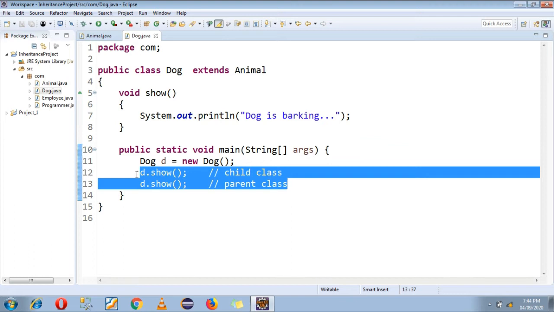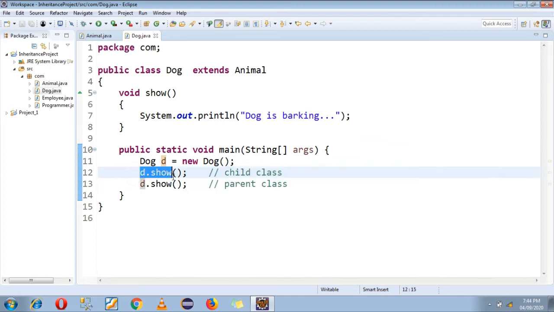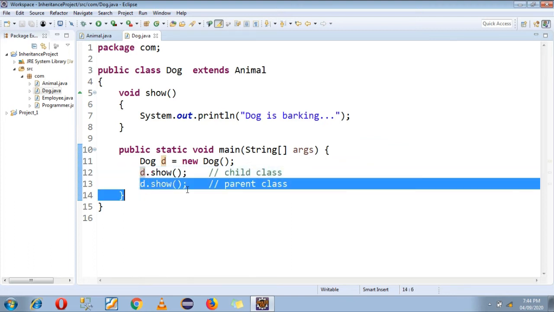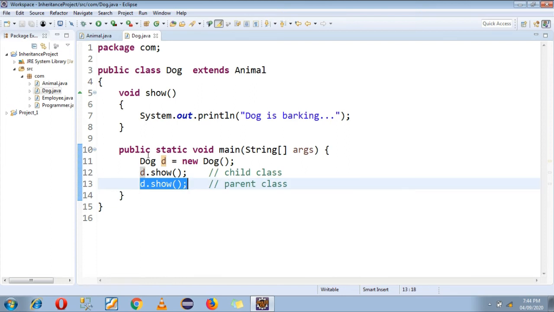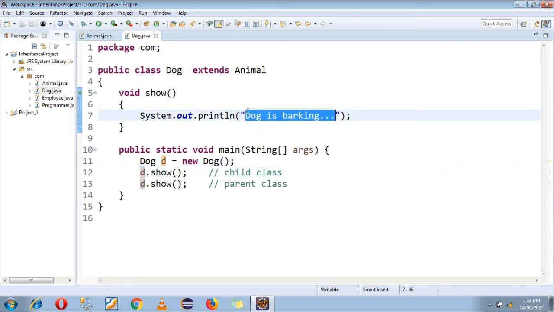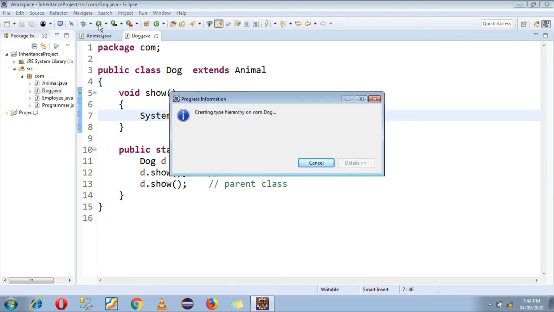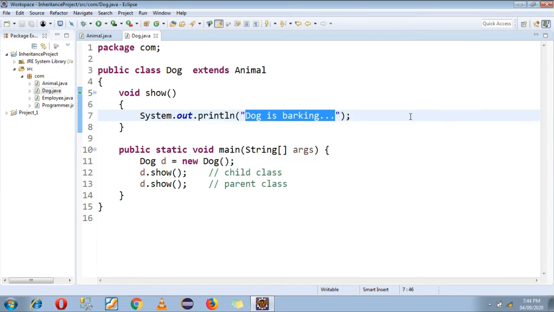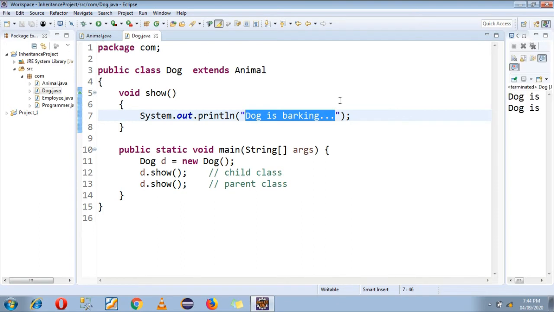As per our coding we can type like this, but whether it will print both statements, let's check it out. So just run your code and see my console. On my console the JVM is printing only my child's output, that is, dog is barking.